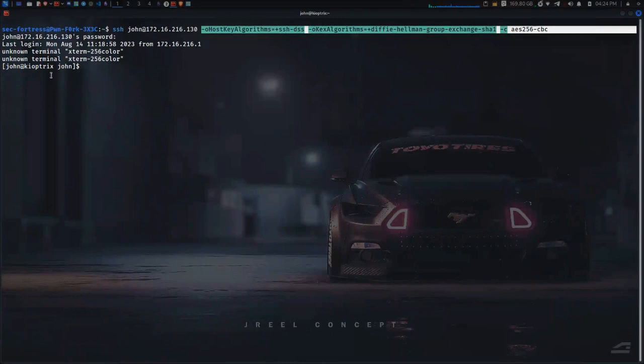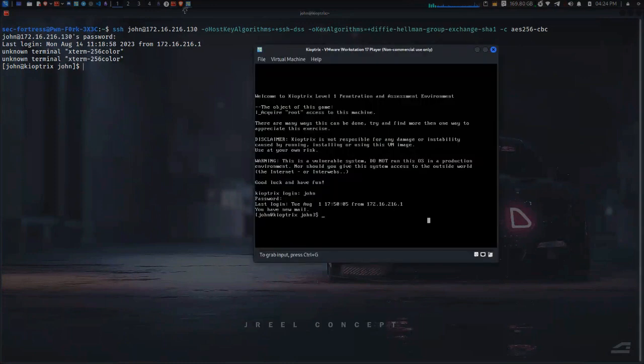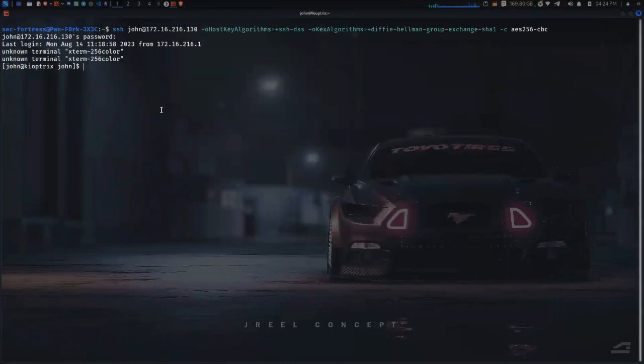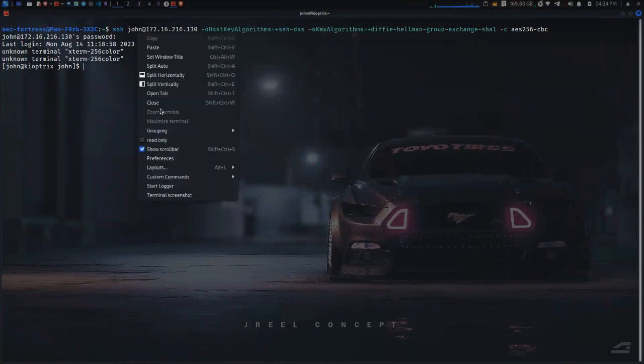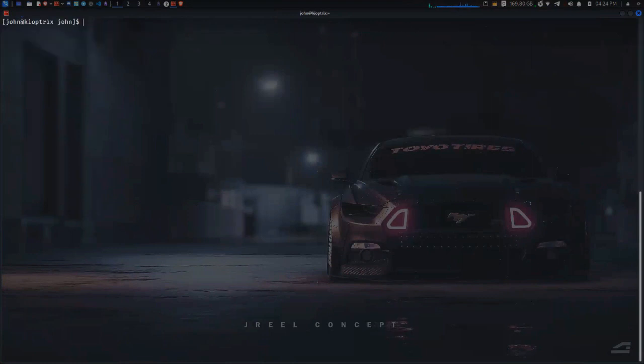I'm still inside; you can see John Creoptrix John. If I go here, you still see John Creoptrix John, so it's still the same thing. It's just that I don't have to be clicking this window all the time. Let me just send it to workspace 2. I'll clear this. Great. So now this virtual machine, because it's actually considered